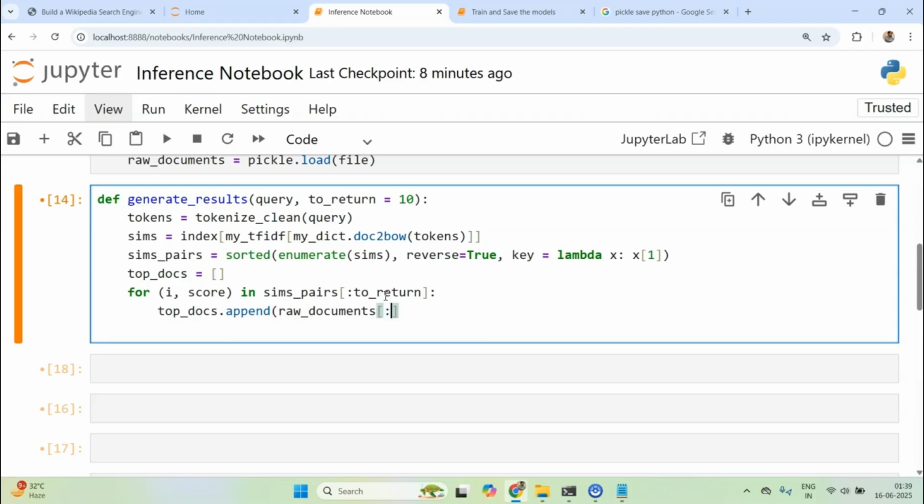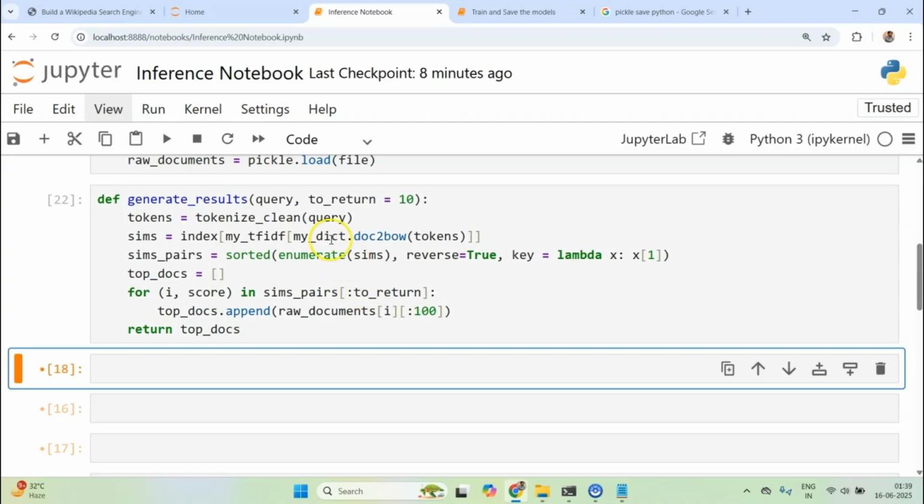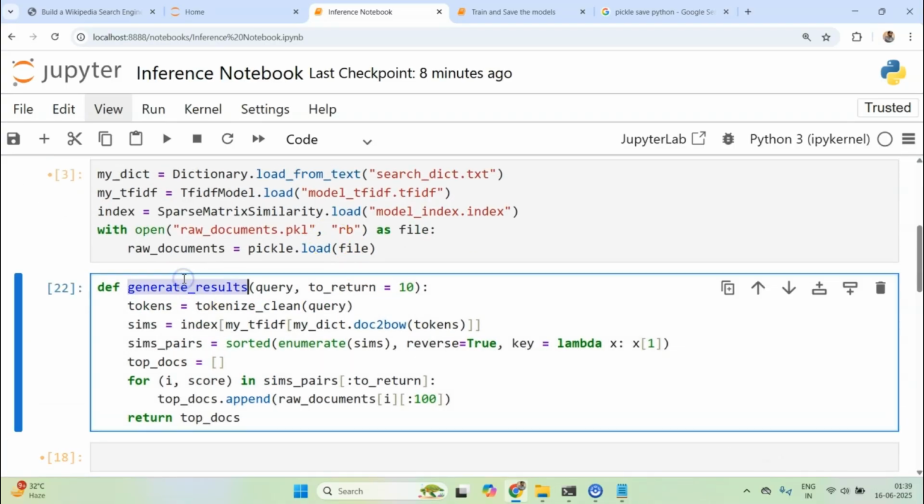In raw docs I don't want to return the entire raw document because that will be quite huge. I want to return the first 100 characters, and finally return top_docs as it is. Okay, so I think generate_results is ready.